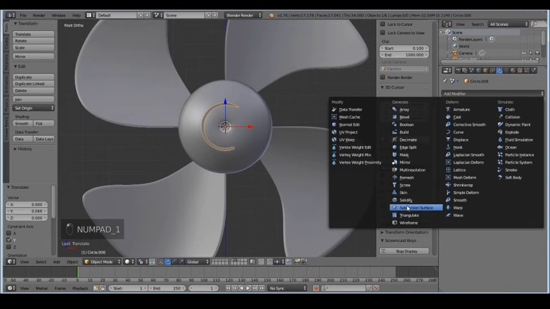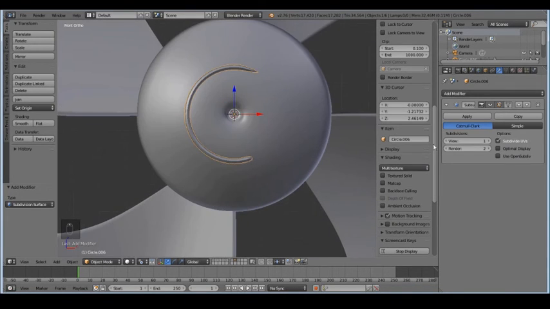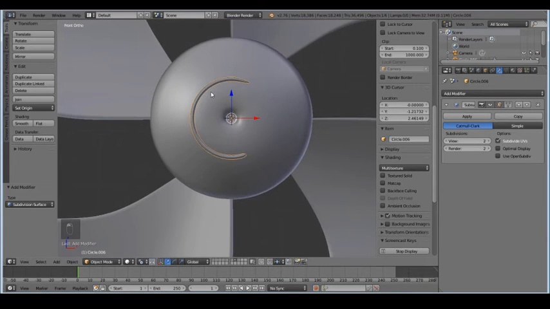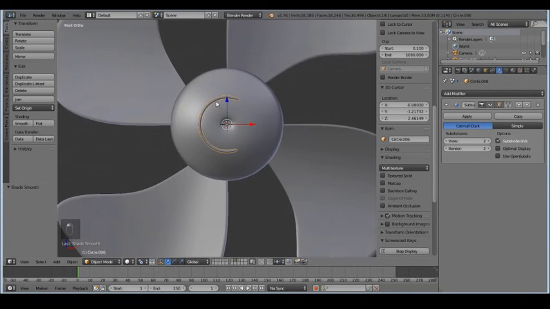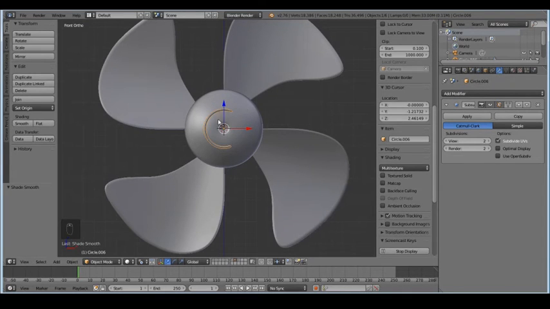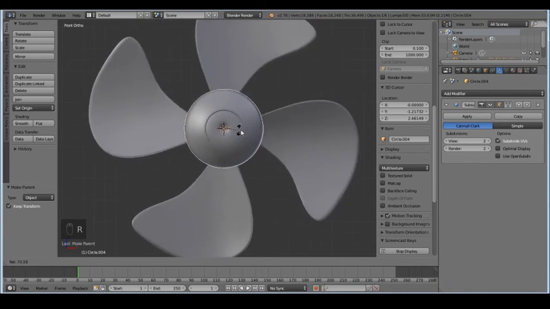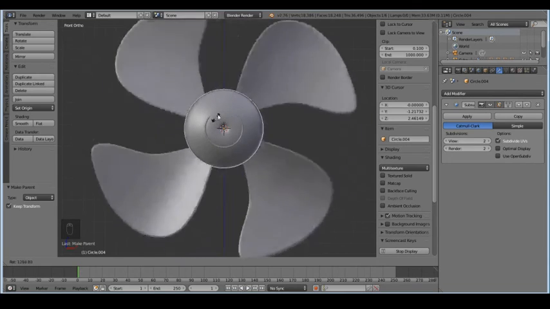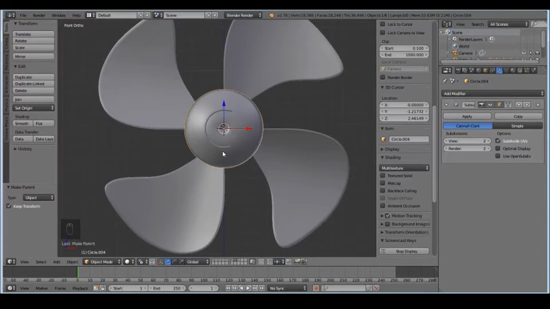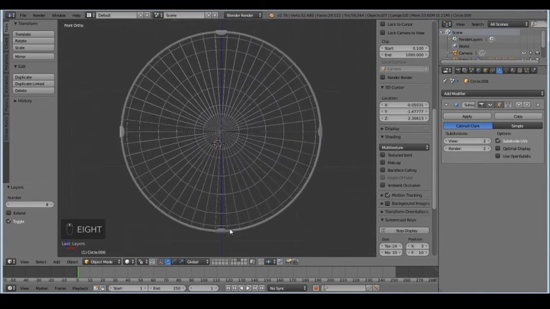Add a modifier, subdivision, around 2. Set it smooth, and this is just going to be parented to that. So when I rotate this now, it's just going to accentuate the motion there, otherwise the central part looks a little bit stationary sometimes. The second thing I want to do is just to go into the cage, which is on layer